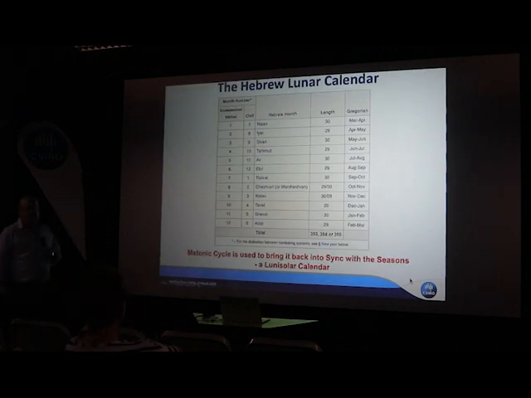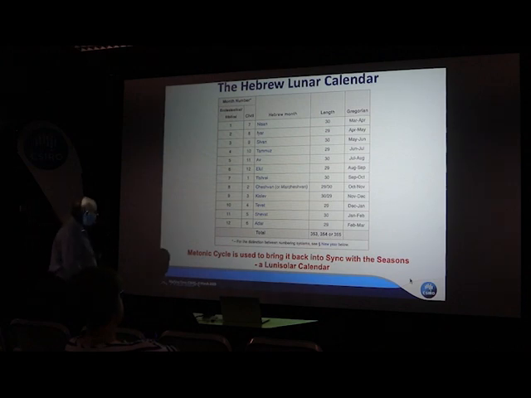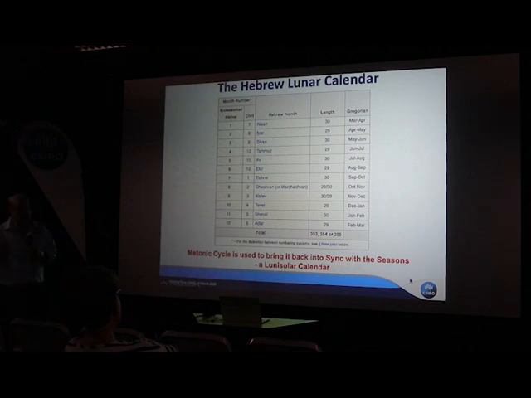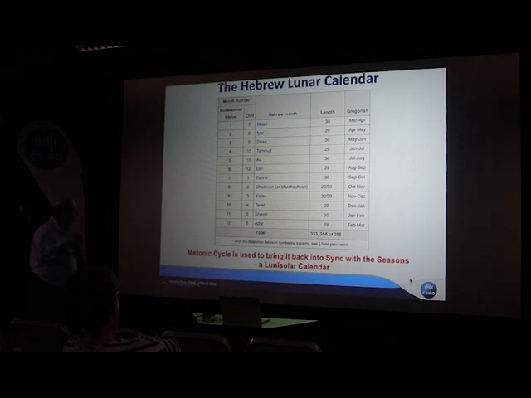And many civilizations or cultures in the past were based on the lunar calendar, because it was easy, as I said. You didn't have to make any measurements or anything. You just look up and you can see it. And one of those, which will be critical for our discussion today, was the Hebrew calendar. It was a lunar calendar, and it had 12 months of varying lengths, as you can see, so that the total came to 355 days roughly.